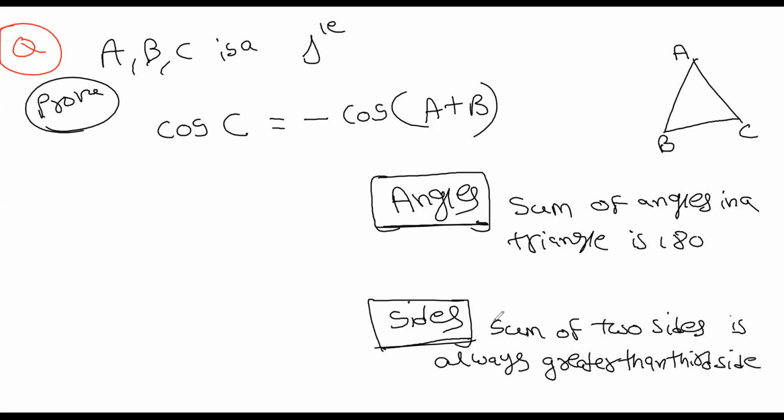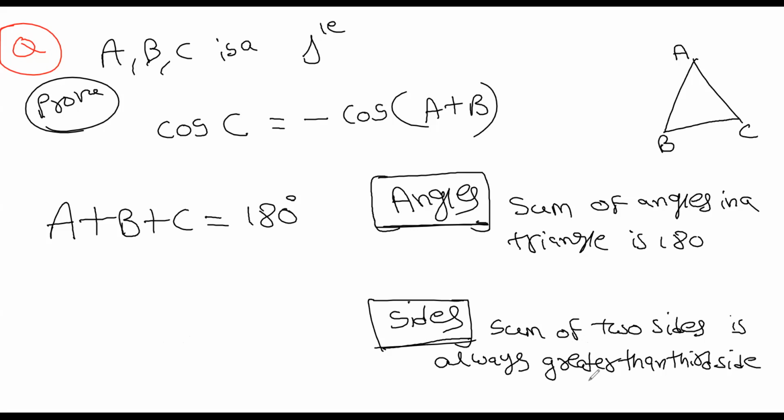These are statements. Now we will write it in equation form. Sum of angles in a triangle is 180. Means what are the angles? A, B, C. They are angles, right? Or you can represent angle A, angle B also. We are taking A + B + C = 180. This is the equation form.